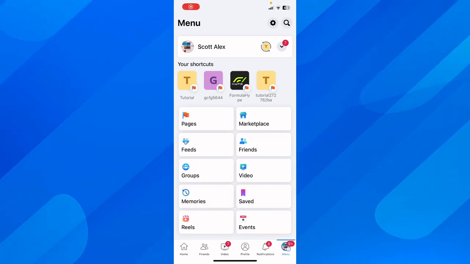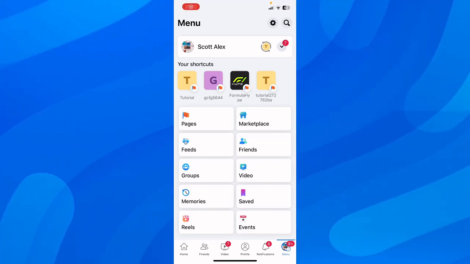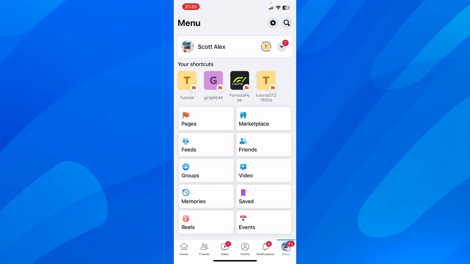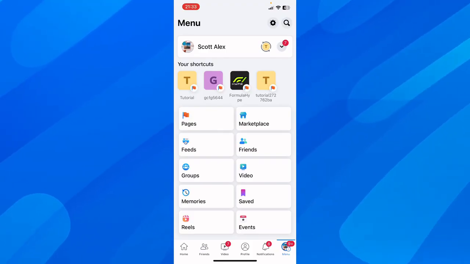Show to you how to delete a Facebook account forever. So the first step is to simply open Facebook on your phone, and then what you have to do next